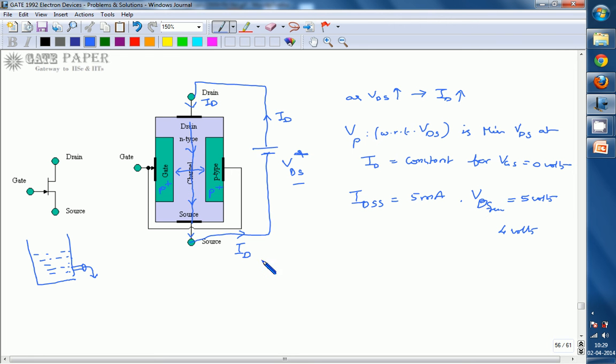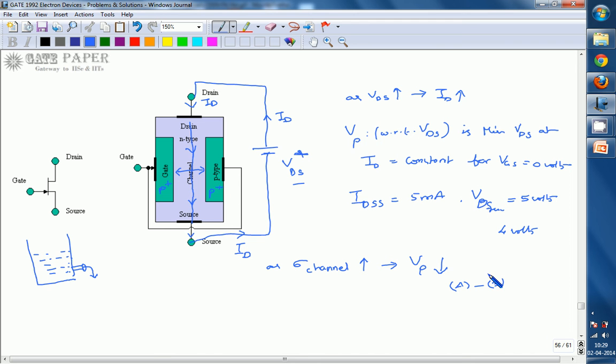So as conductivity of the channel increases, the drain current reaches its maximum value for a small voltage. That implies the pinch off voltage reduces. So first option A is nothing but 3. A is matched with 3. Second option,